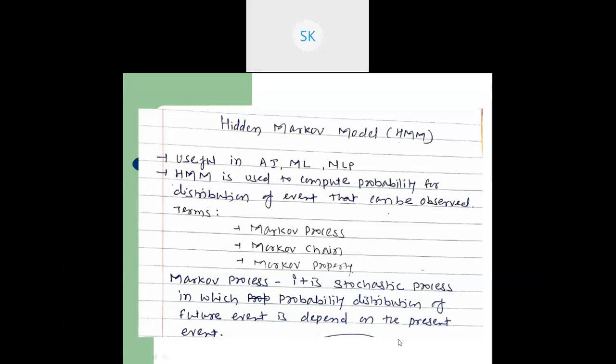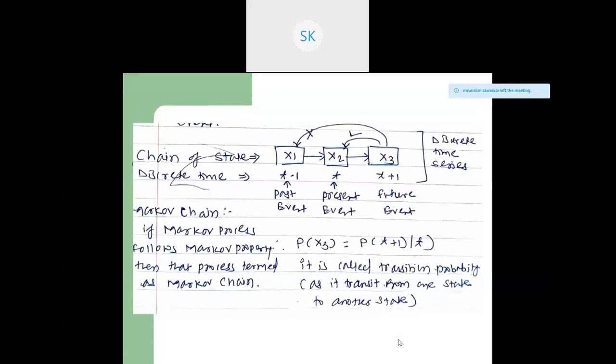It does not depend on the past event. So the future of the present state depends on that present state only. It does not depend on the past states. So it is memoryless: at present, whichever state you are in, it utilizes the memory of that only. It is not utilizing the memory of the past states before the present state for predicting the future state. That is what the Markov process is. So let's say